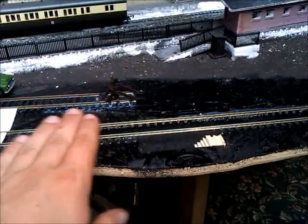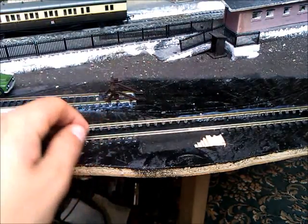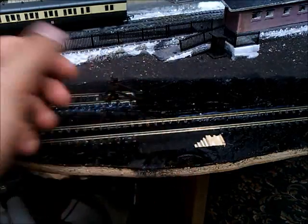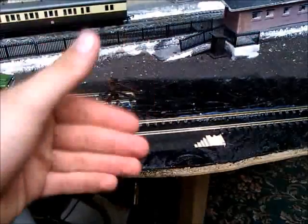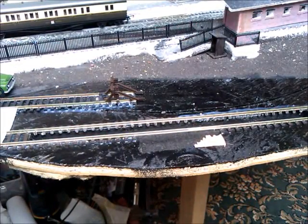But yeah, this is all I've done for the moment, and I think it looks quite good. I'm going to build a fence around basically where the shiny black meets the matte black. There's going to be a fence running around there to separate off the two areas, the car park and the maintenance area, and I think that'll look quite good. So, assuming the train works,